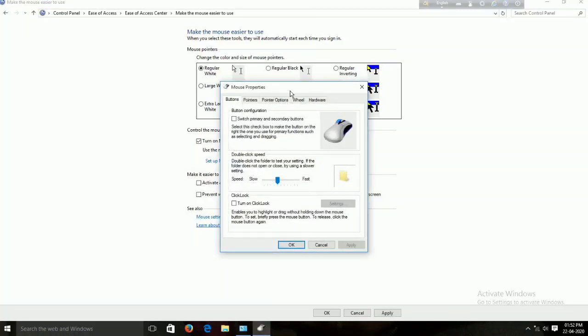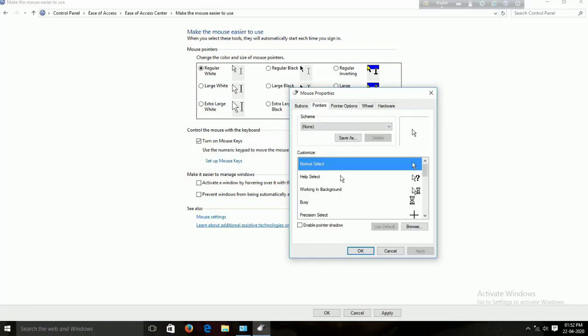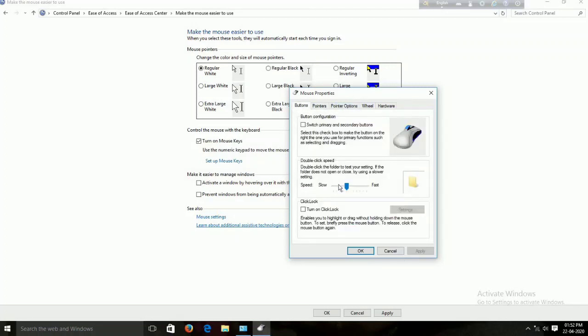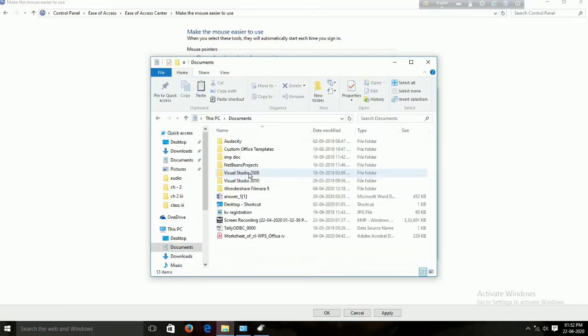Now if you want to change your mouse setting, you can go to make the mouse easier to use again, then select mouse settings. Then you can see the different options. You can select the pointer style also. Here it is not available in my version of Windows. Then you can make the double click speed fast or slow. Means when you're clicking on the folder, the speed of your click, you can select that